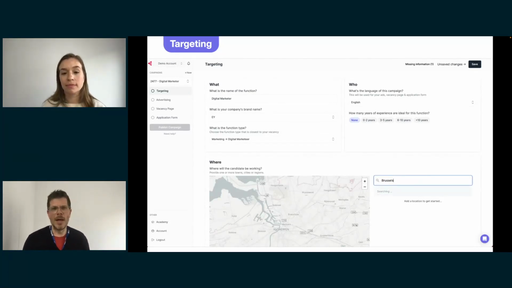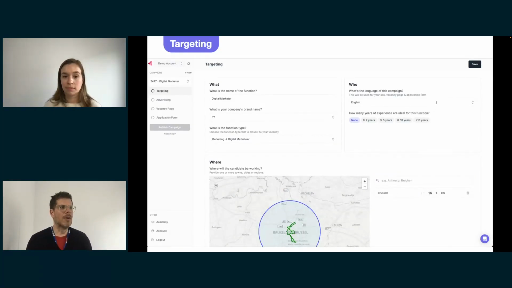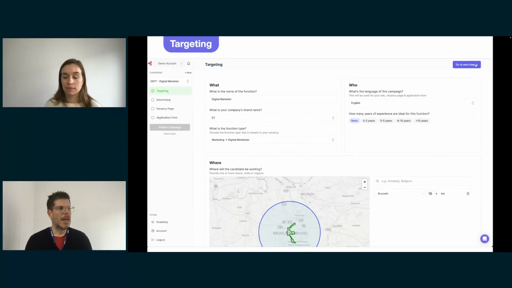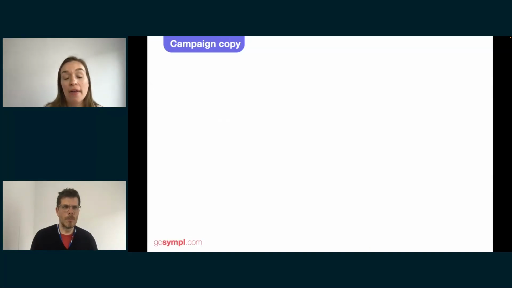You have to put a location, and then that will allow you to start from a targeting perspective for the campaign, and that will then use all the still available targeting options, if you would like to use our software instead of doing it yourself. Yes. All right. Then once you have defined your target audience and selected your targeting options,